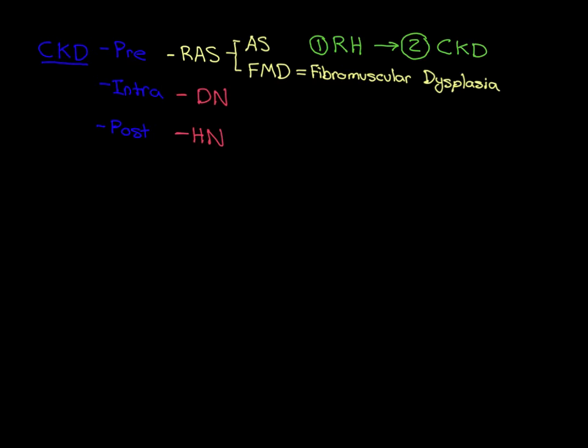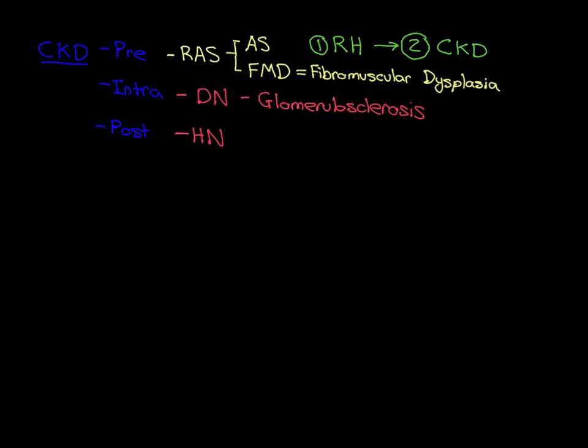Right, so let's talk about diabetic nephropathy first. What happens? So there's another name for diabetic nephropathy. You can also call it diabetic glomerulosclerosis. And we've seen this word before when we discussed focal segmental glomerulosclerosis. Glomerulosclerosis means hardening of the glomerular basement membrane. It means more connective tissue being laid down in the glomerular basement membrane and the thickening of the glomerular basement